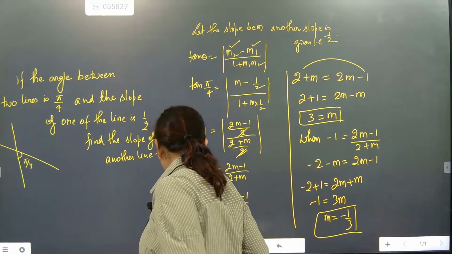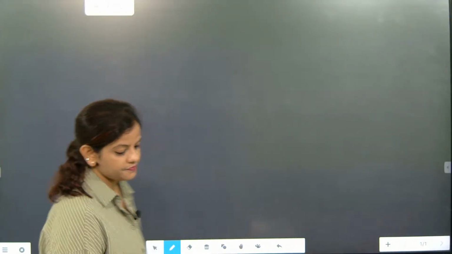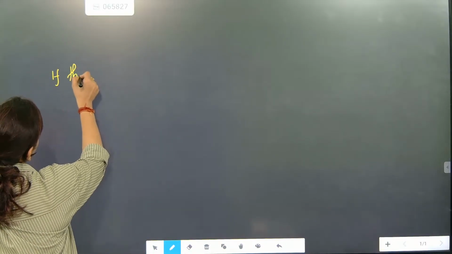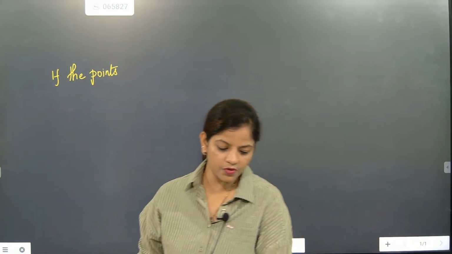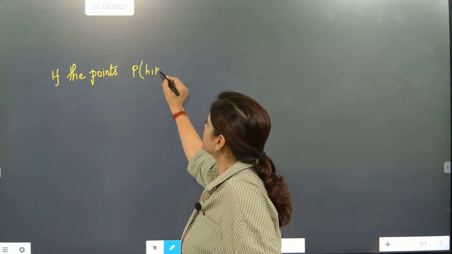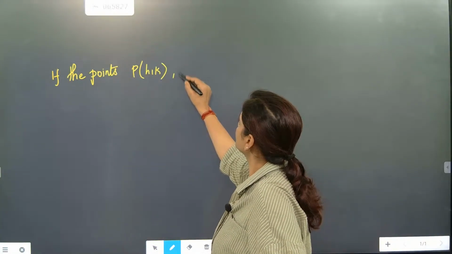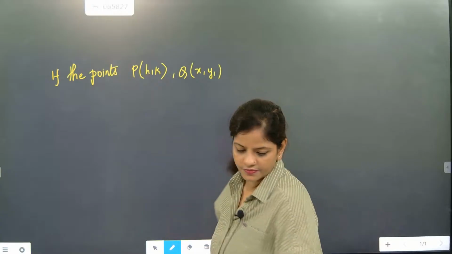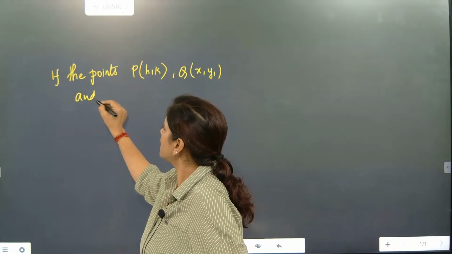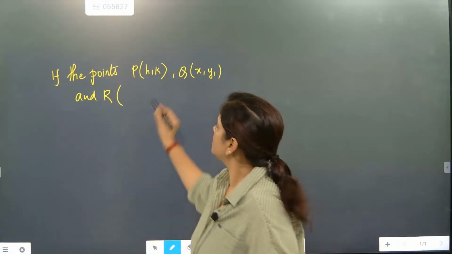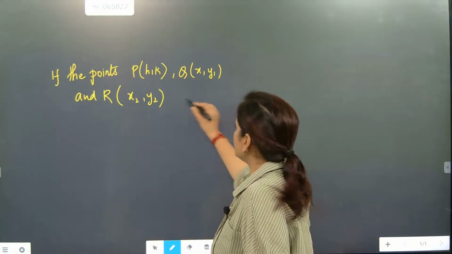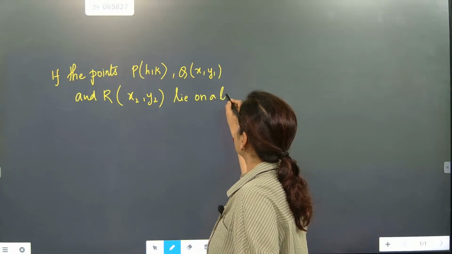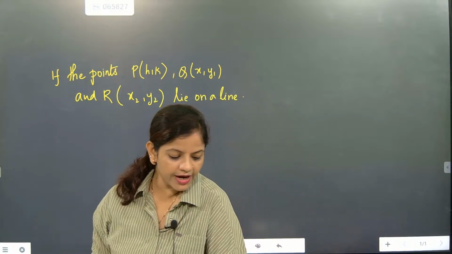The question given to you is: if the points P(h, k), Q(x1, y1) and R(x2, y2) lie on a line, show that